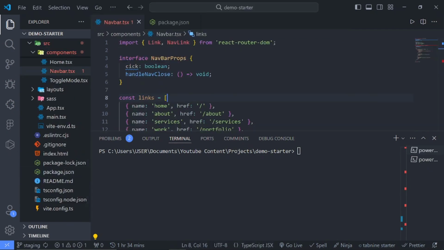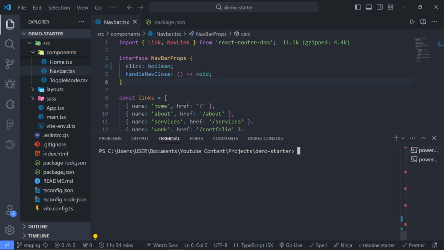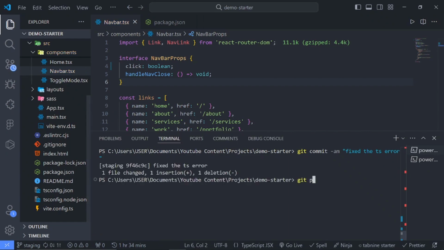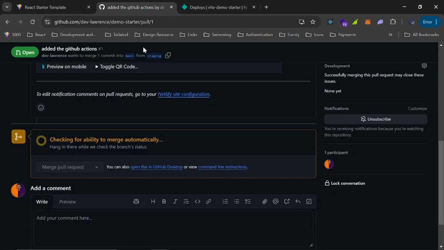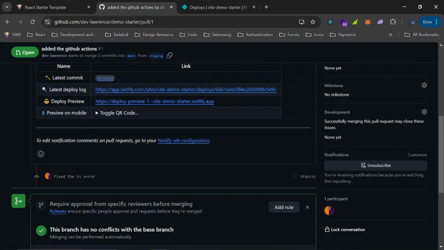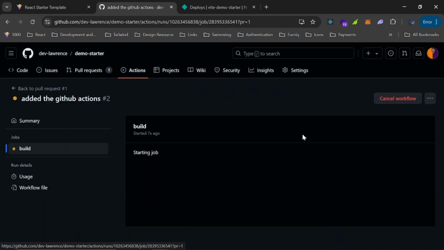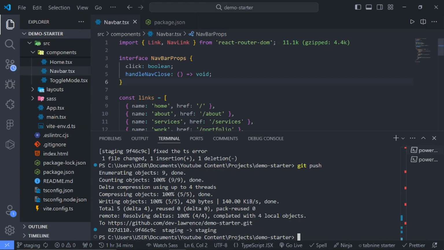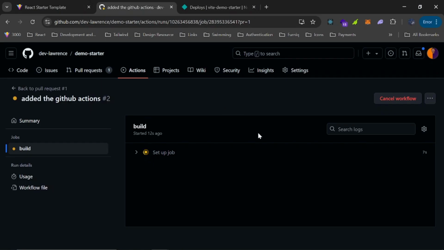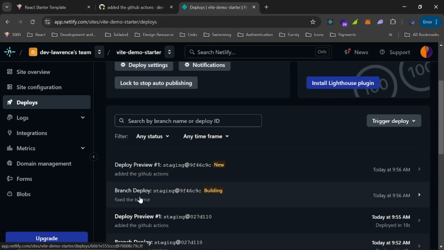But if you don't want to be lazy, you can just quickly fix the TypeScript errors right now. Then if I do a git commit, I say fix the TS errors, and do a git push, then this is going to check again. It's going to run our GitHub actions, and this time hopefully it doesn't throw any error because we fixed the TypeScript issues right here. And this is also going to run the staging branch again,